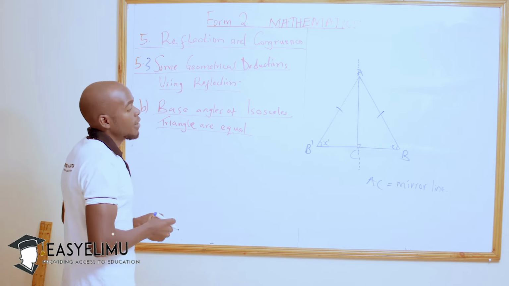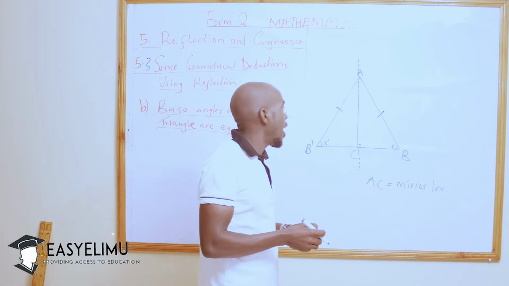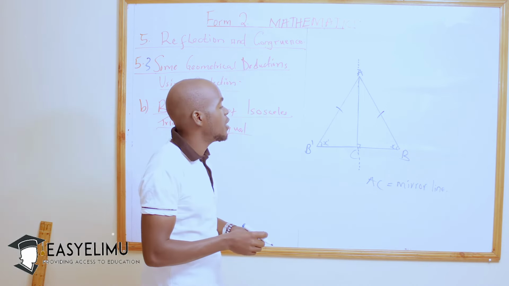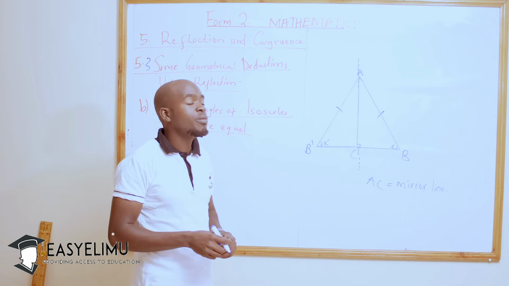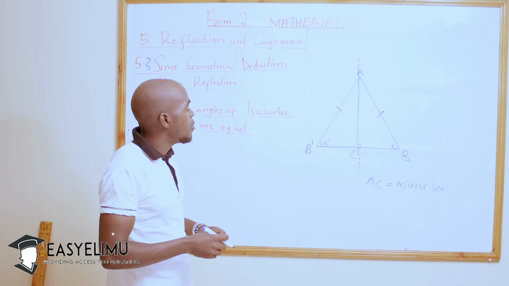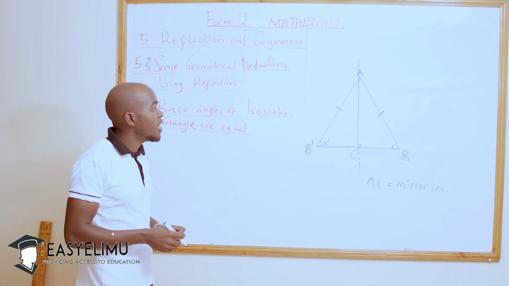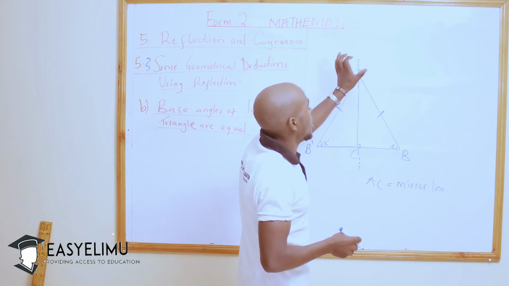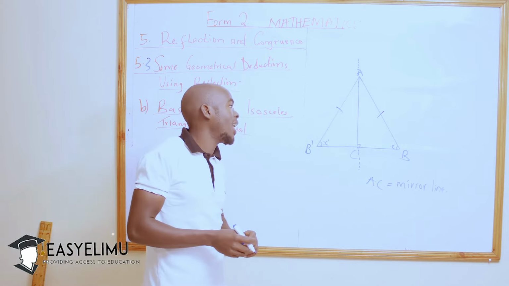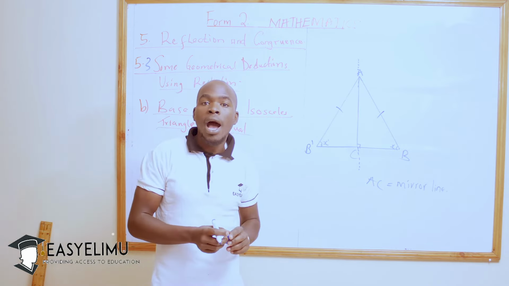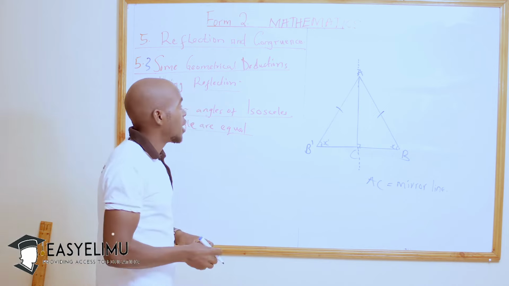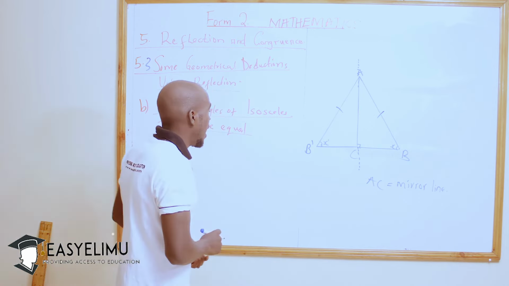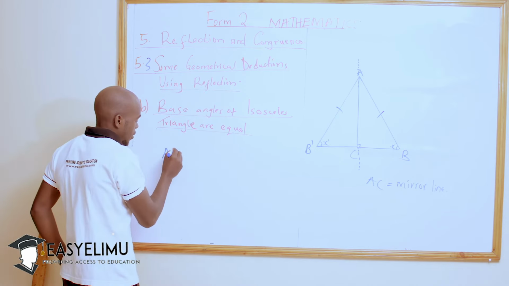As you can see here, we have formed a triangle from a reflection and its image, whereby ABC is the real object and AB prime C is the reflection, whereby A prime coincides with A. So that is the mirror line, and that's the point where our image also forms for A and C. So from there we can deduce that line AB